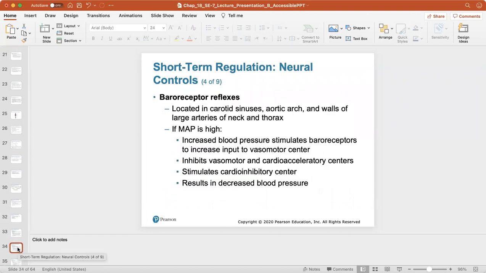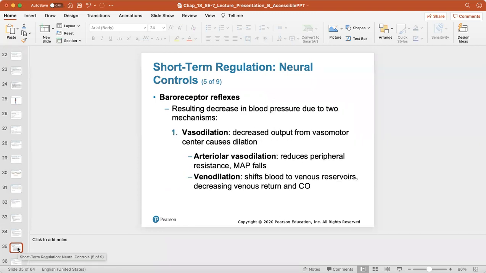The baroreceptor reflexes are located in the carotid sinuses, the aortic arch, and walls of large arteries of the neck and thorax. If mean arterial pressure is too high, the increased blood pressure will stimulate these baroreceptors to increase input to the vasomotor center. These will inhibit the vasomotor and cardioacceleratory center, so it will stimulate the cardioinhibitory center to try to decrease blood pressure. The baroreceptor reflex